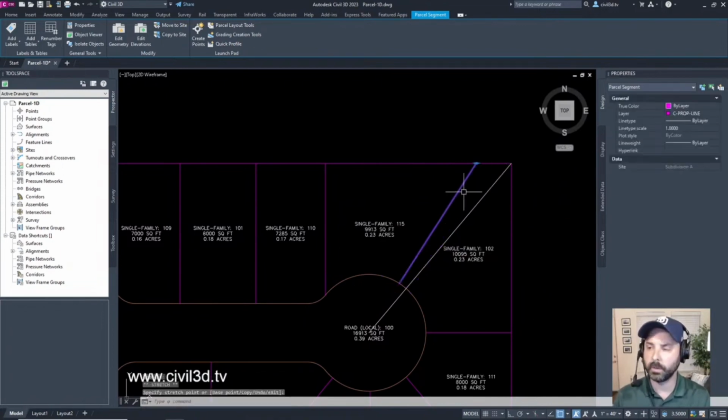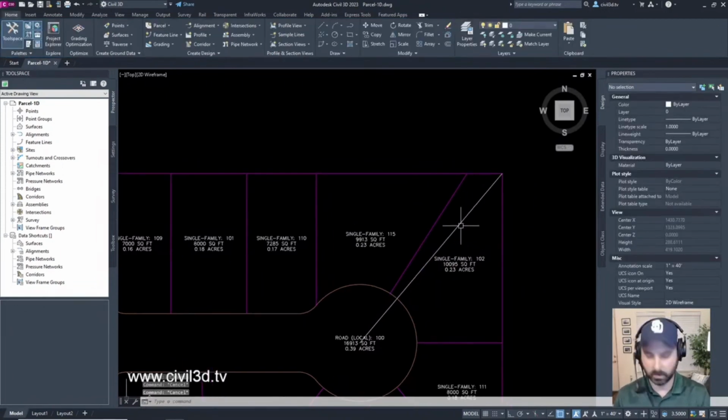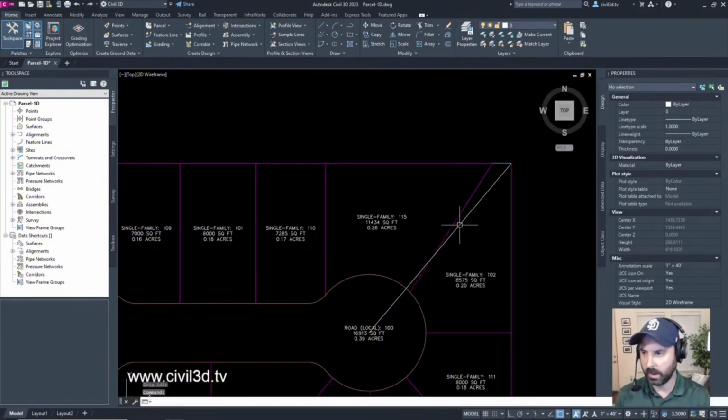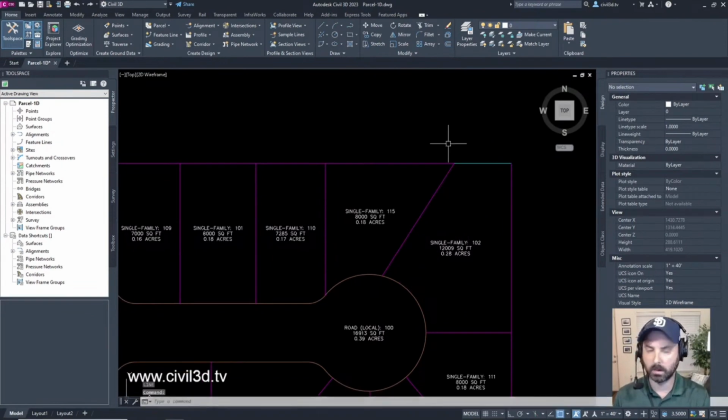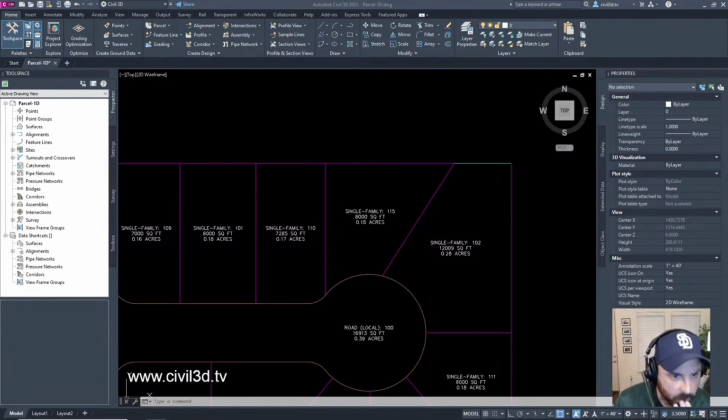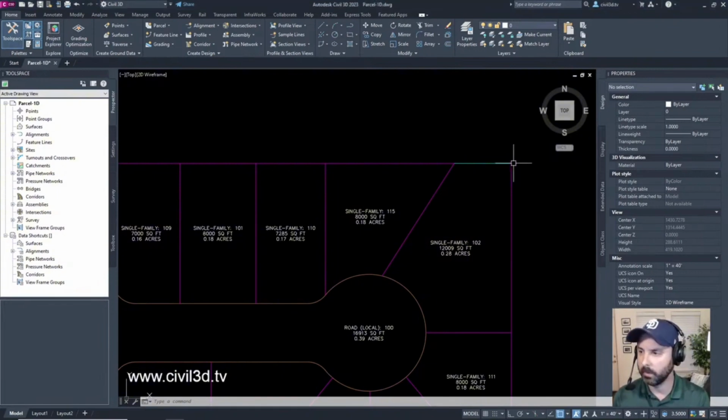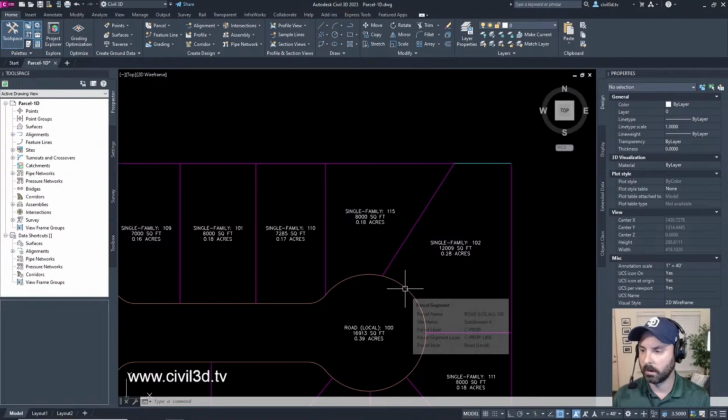Well, we'll get into editing the swing line. We'll see what we can do with that. But I would like to have the line go from here, kind of as a radial for my cul-de-sac, to about right here.